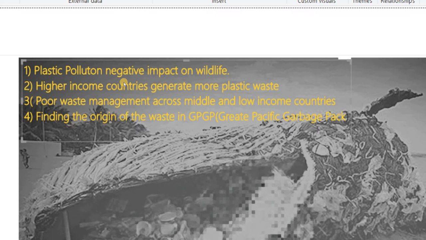So how can we minimize the sectors and clean our rivers, or how many people are responsible for that particular problem? We will judge through Power BI.